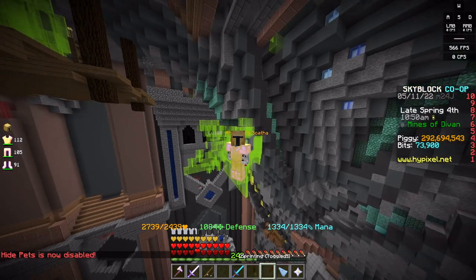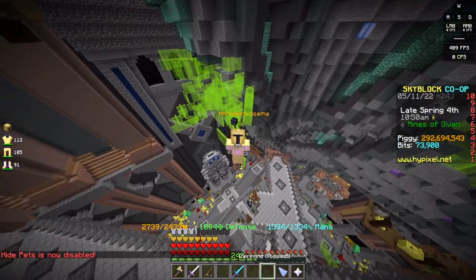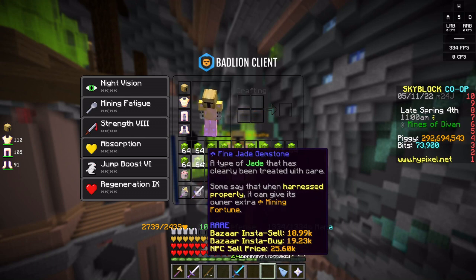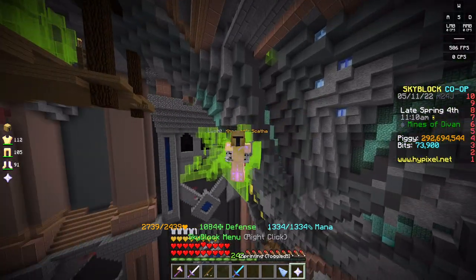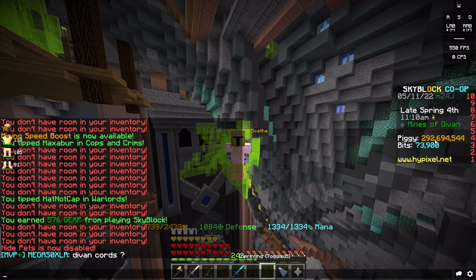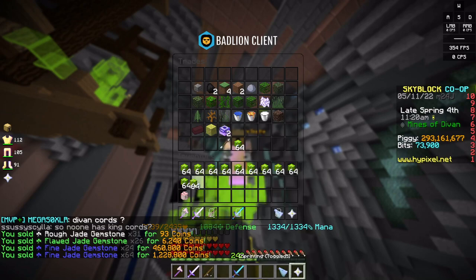Alright, so now that our timer is done, let's go count up all the jade that we actually got during this time. I already crafted it into fines, but you can see here there is over 12 stacks of fine jade gemstones. Each of these stacks goes for about 1.2 million coins to the NPC. We're going to sell those right now. You can see right now I am at 292 million coins. And if we sell all of these real quick,